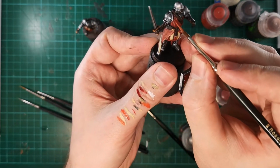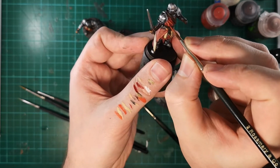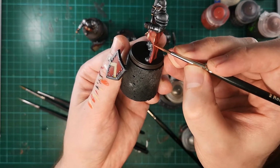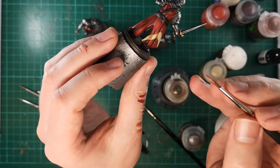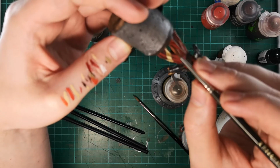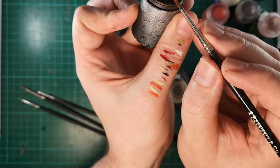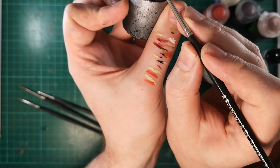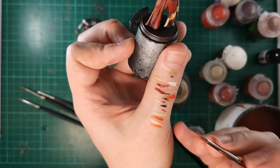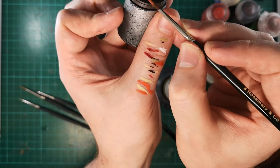and then just carefully pick out the highlights of the folds of the cloth. And then go along that bottom edge of the robe as well. Like that. And you can see there's a division where you would get the biggest highlight, the brightest highlight on this cloth, and it's where it starts to billow out here. So I'm effectively going to emphasize that volume